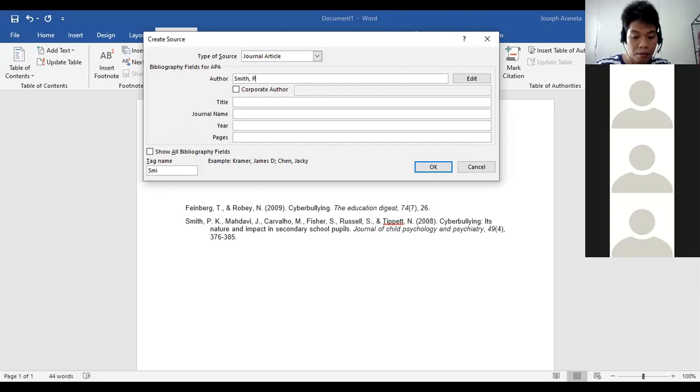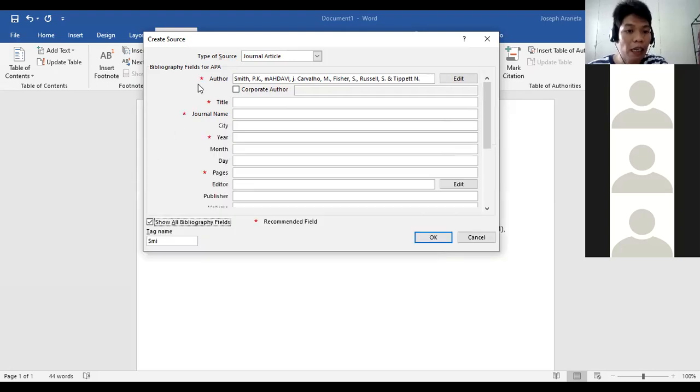Smith, PK, Mahdavi, J, Carvalho, M, Fisher, S, Russell S, and Tippett N. I-click niyo yung show all bibliography fields.